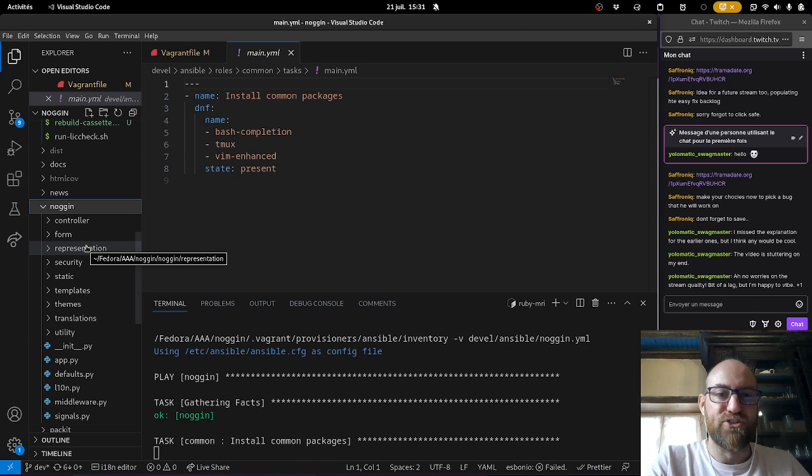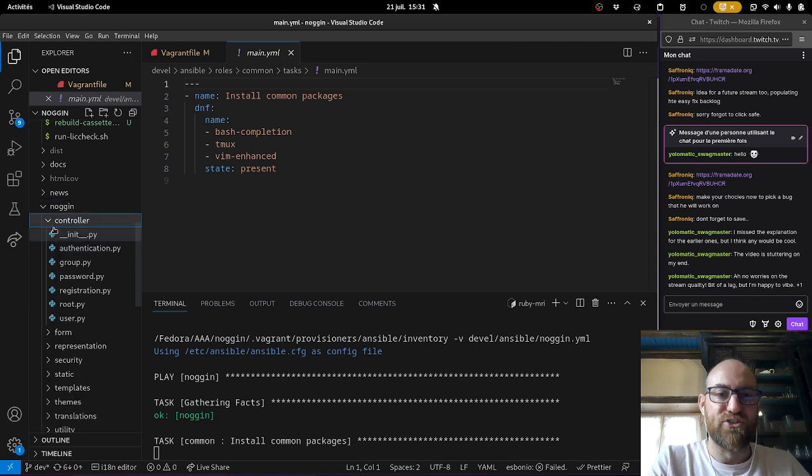Noggin doesn't have any database by itself because it's basically a front end to IPA. It only makes LDAP calls to IPA, and it doesn't have a database of its own. As a result, we don't have SQLAlchemy models in here.